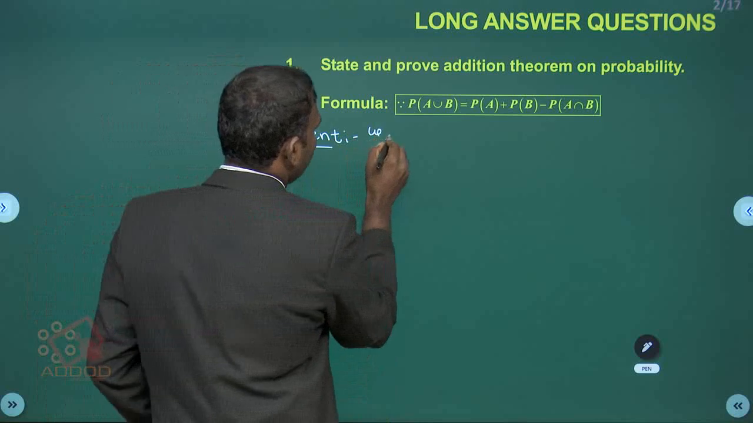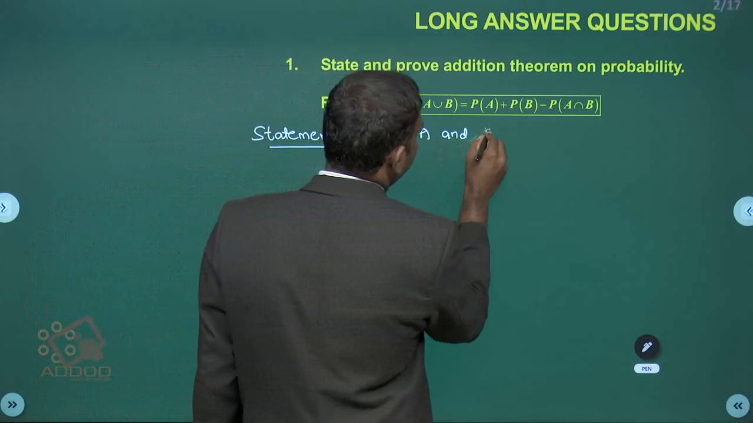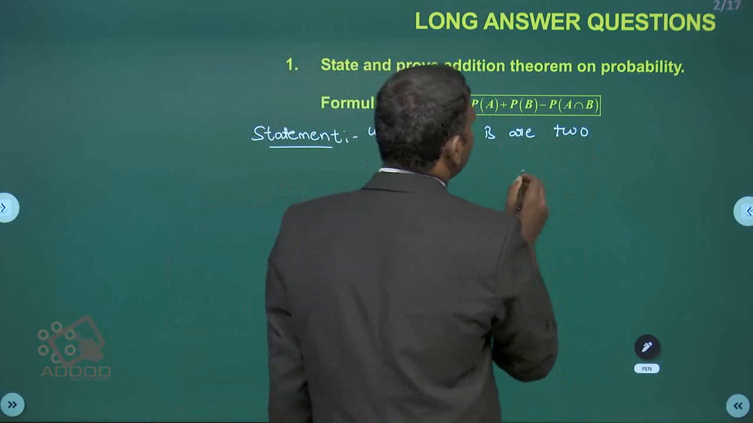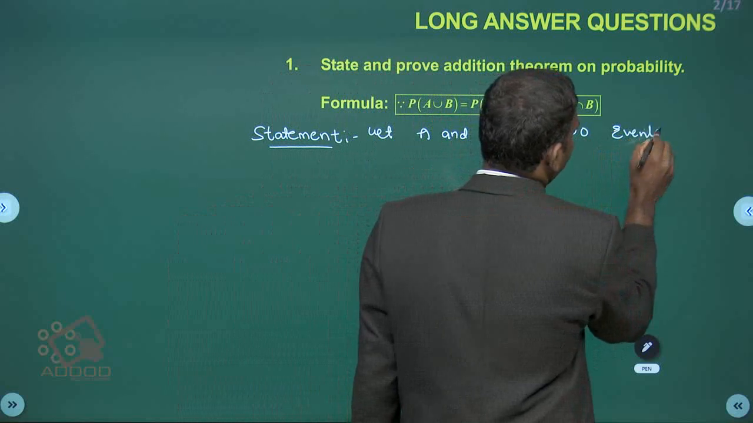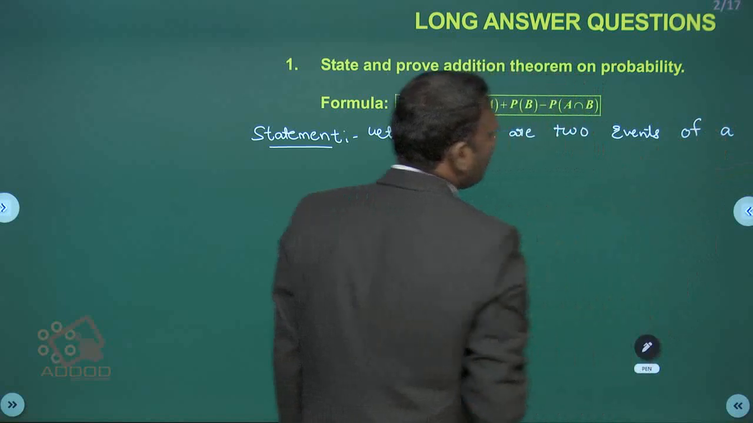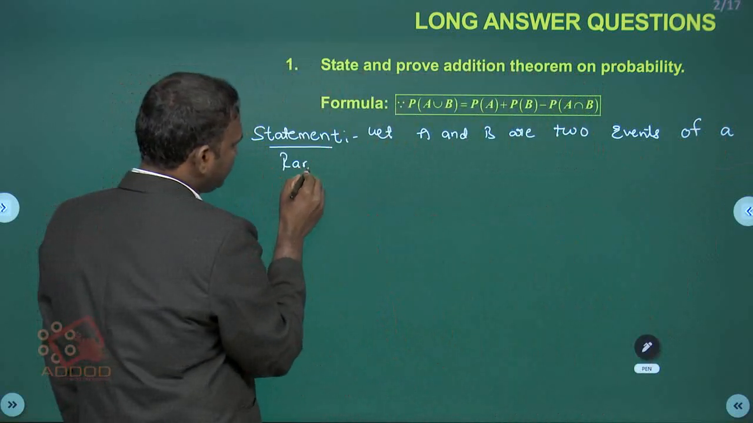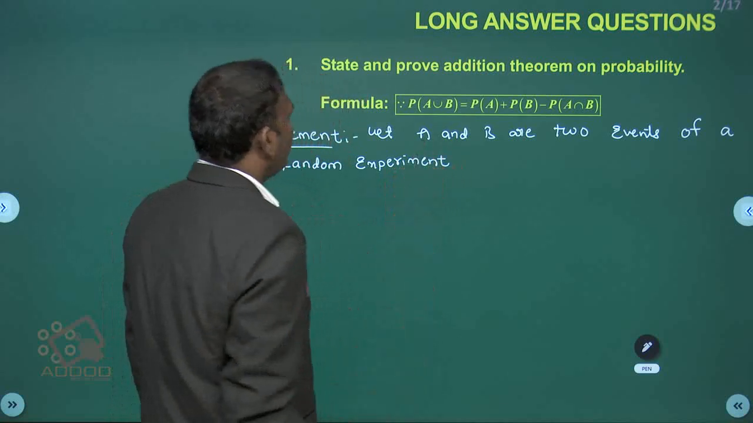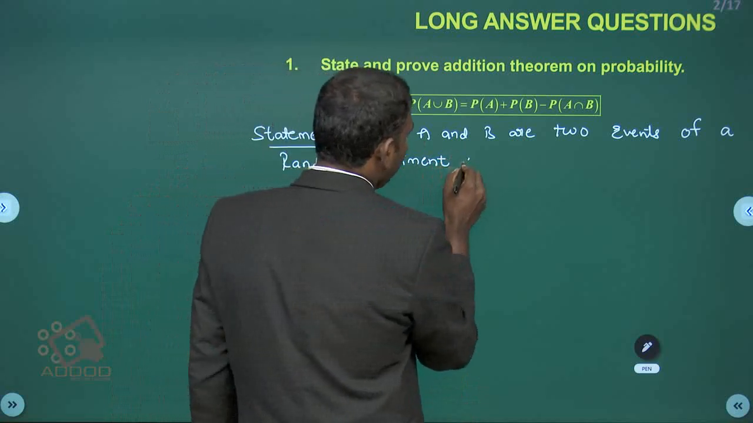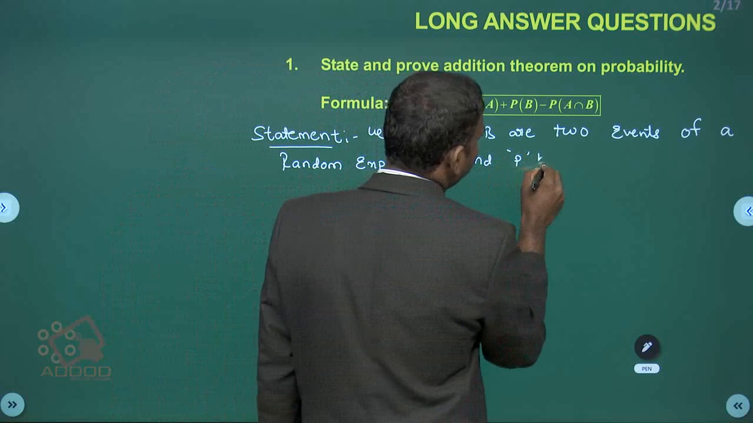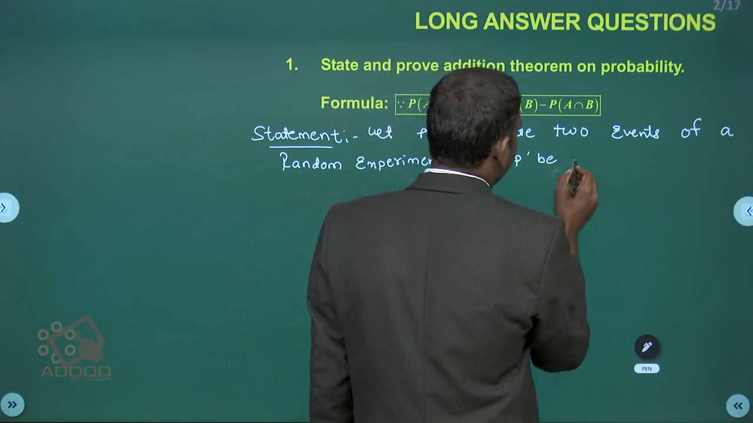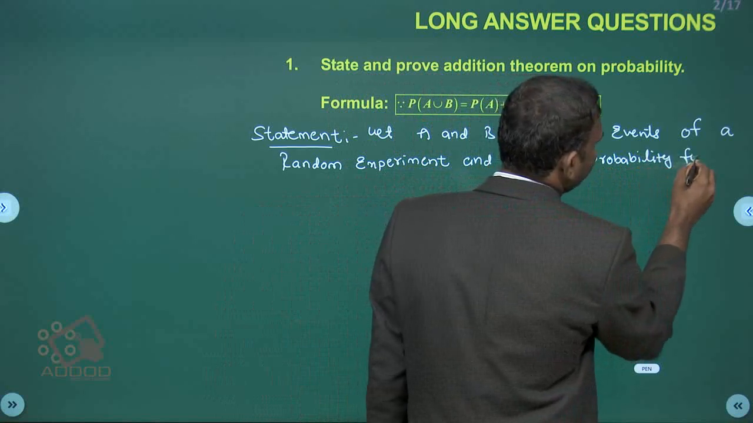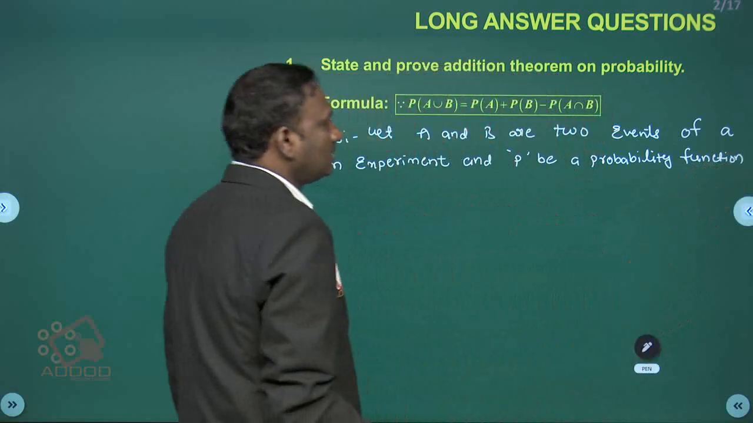What is our statement? Let A and B be two events of a random experiment, and P be a probability function, or probability distributive function, right? So then,